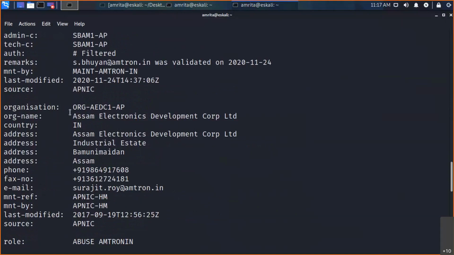This is the organization name, Assam Electronic Development Corporation Limited, country India. Here we also got some phone numbers and email: surojit.roy@antron.in.